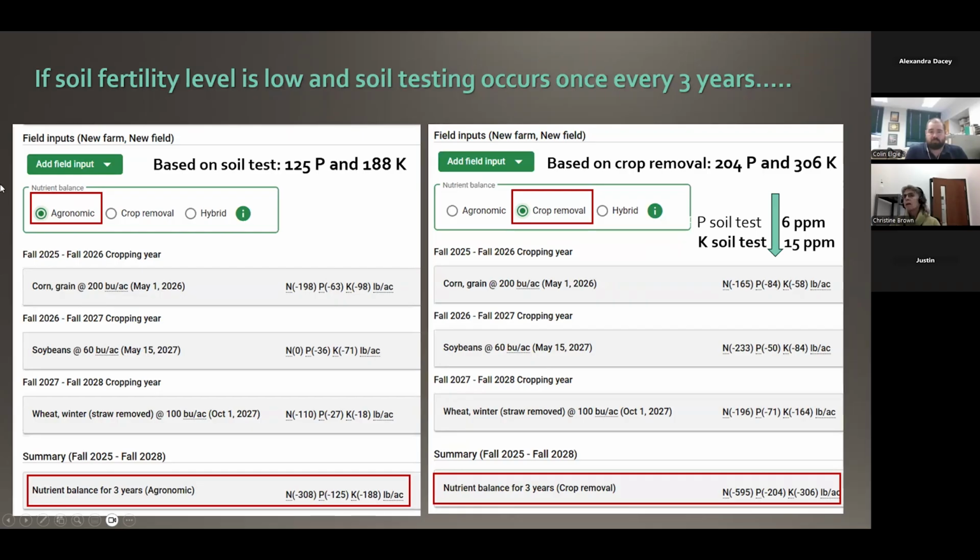So I might apply that manure ahead of a corn crop. I might apply some ahead of winter, or ahead of planting wheat, depending on weather conditions. So it looks at opportunities of where I can apply that manure, how much I can apply to build or maintain my soil fertility levels.